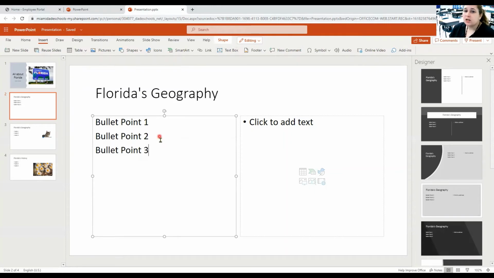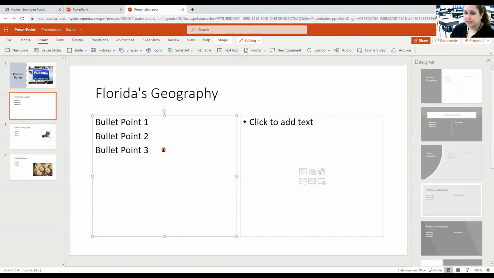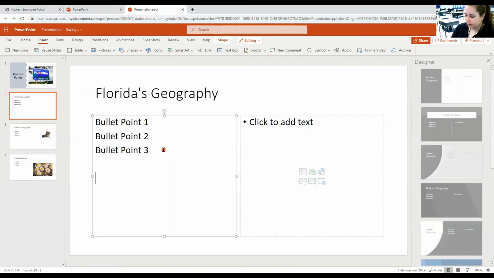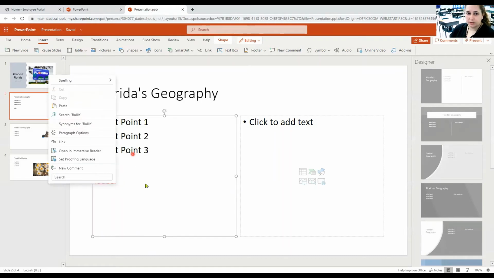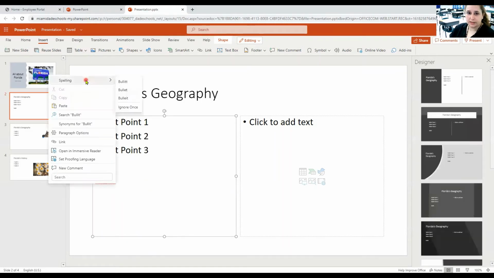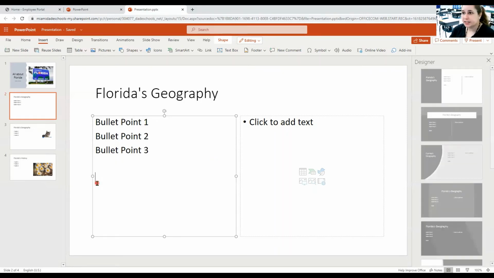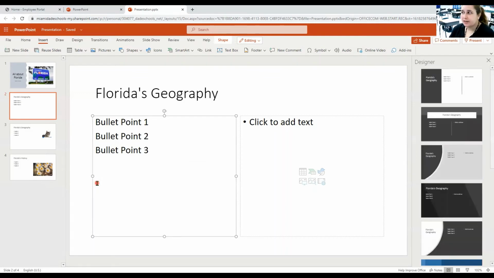Spelling is counted. You will also notice that there is like a spell checker here. So if I write bullet incorrect, it'll tell me it's wrong. Spelling, and I go here and I can look for it, bullet. Spelling is being counted, so it's important to look at it, especially if they're getting information from the internet or their textbooks. They can go ahead and copy it straight from the textbooks, but they need to be very attentive towards that. So now that we have the 3 bullet points, we can look here, click to add text, but